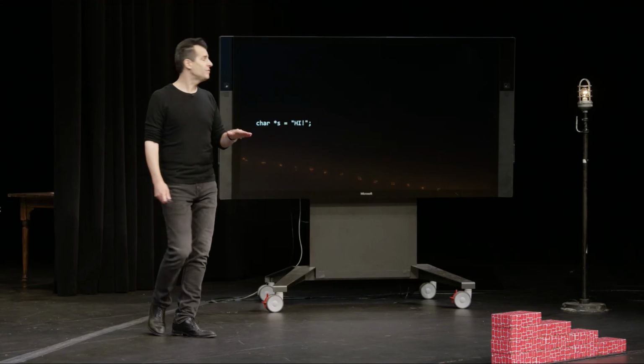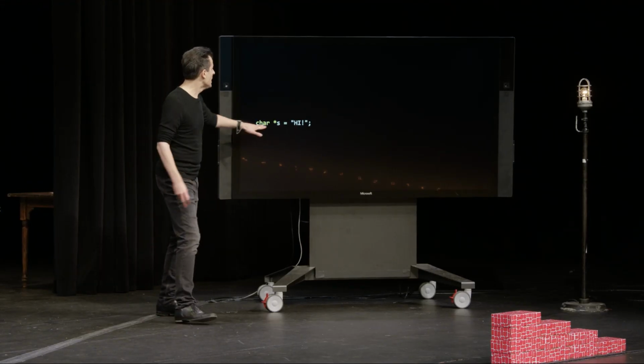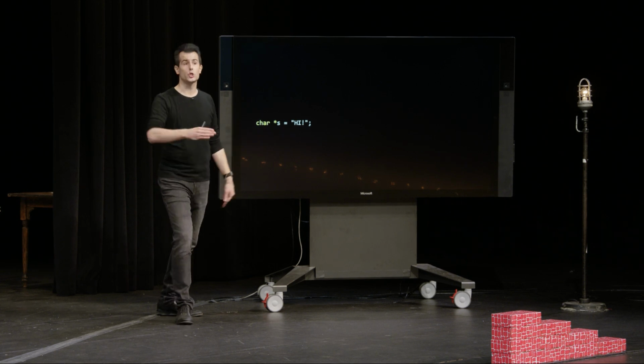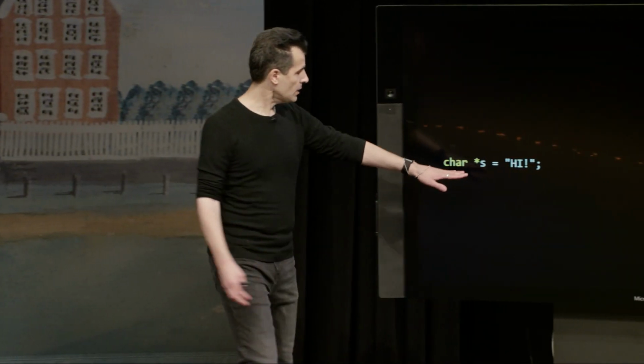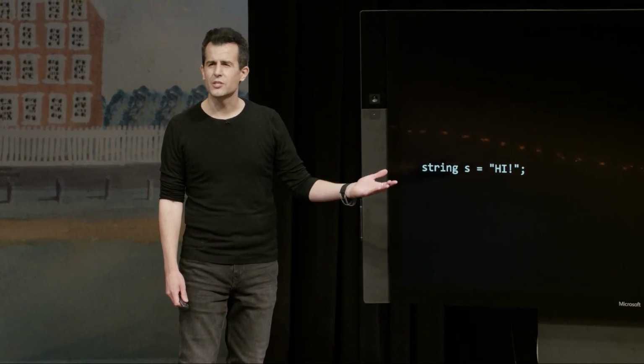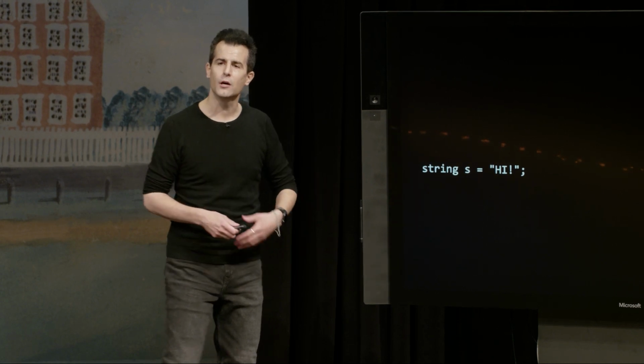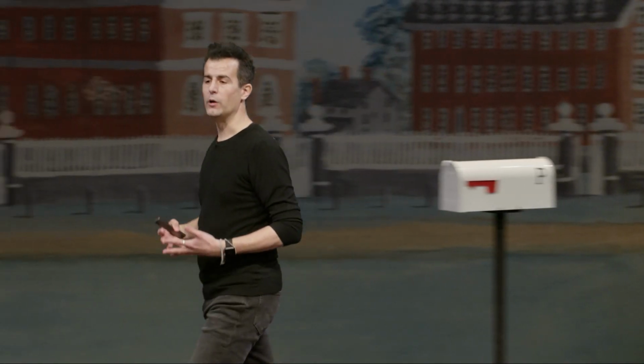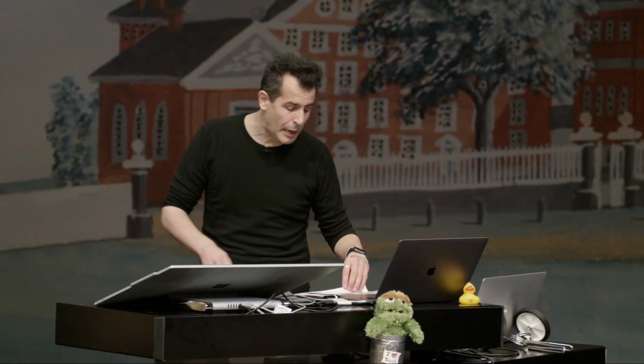And it's in the CS50 library that we essentially have a line of code that simplifies or abstracts away char star, which honestly no one wants to think about or struggle with in the first week of a class, let alone the first 2 or 3 weeks of a class. It's a simplification, a custom data type that we name string, just so you don't have to think about what is this star, what is it the address of. But today we can remove those training wheels and reveal that all this time you've just been manipulating characters at specific addresses. And we've used this kind of technique before, abstracting away these lower level details.